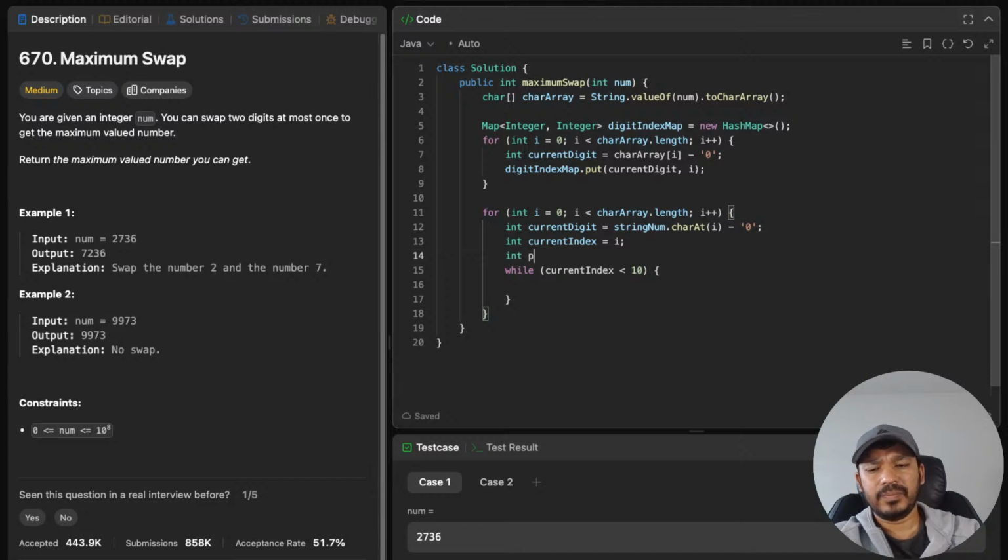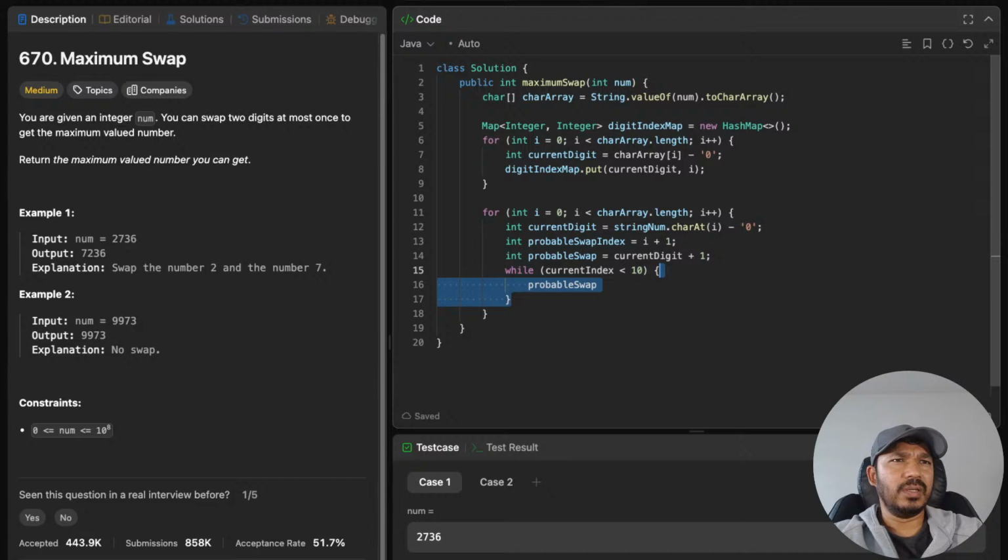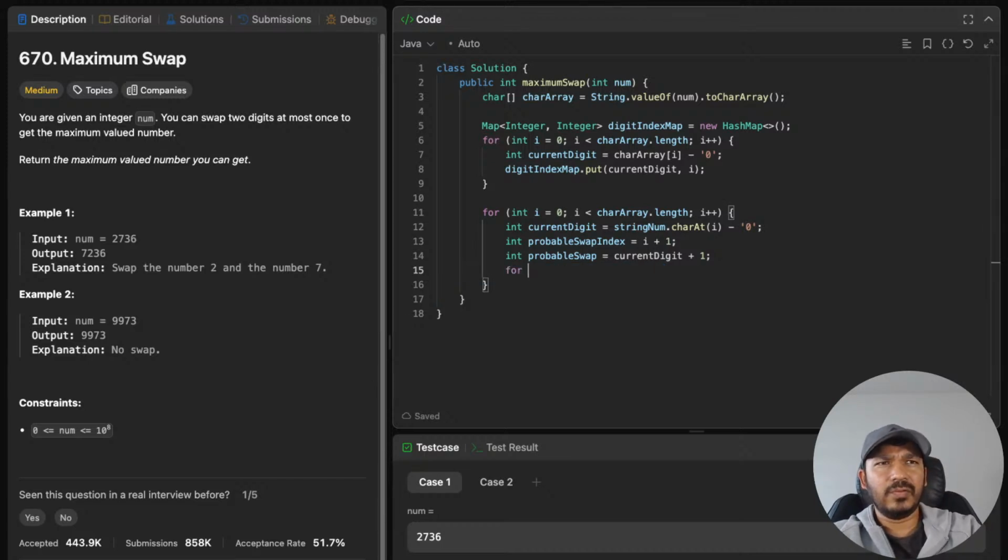Int probable swap is equal to current digit plus 1. Okay, so probable swap and probable swap index, I plus 1. Okay, so all I'll do here is for int I